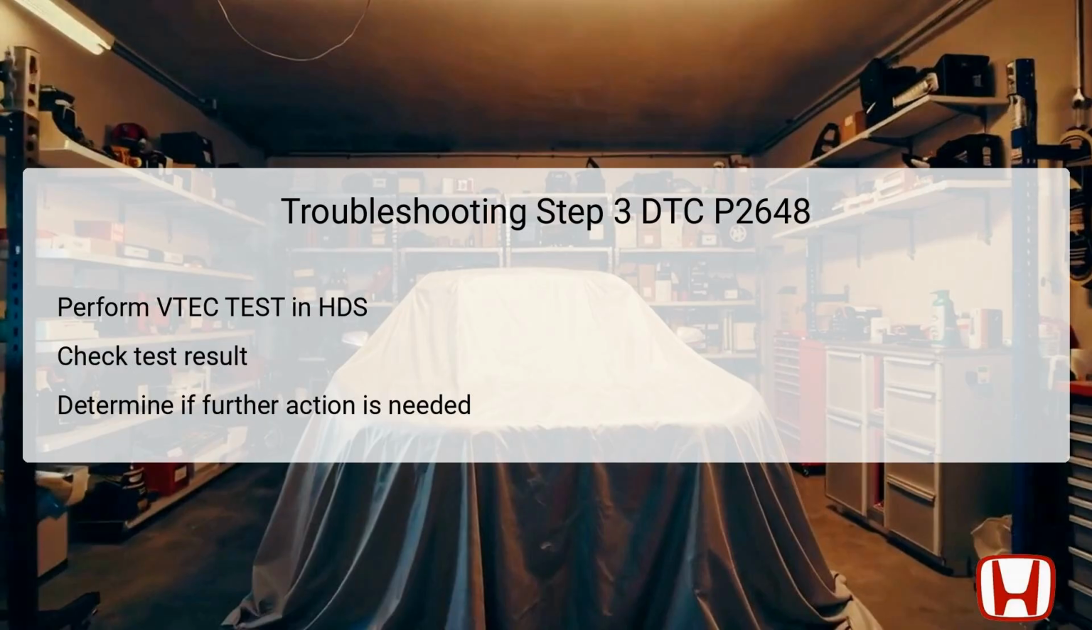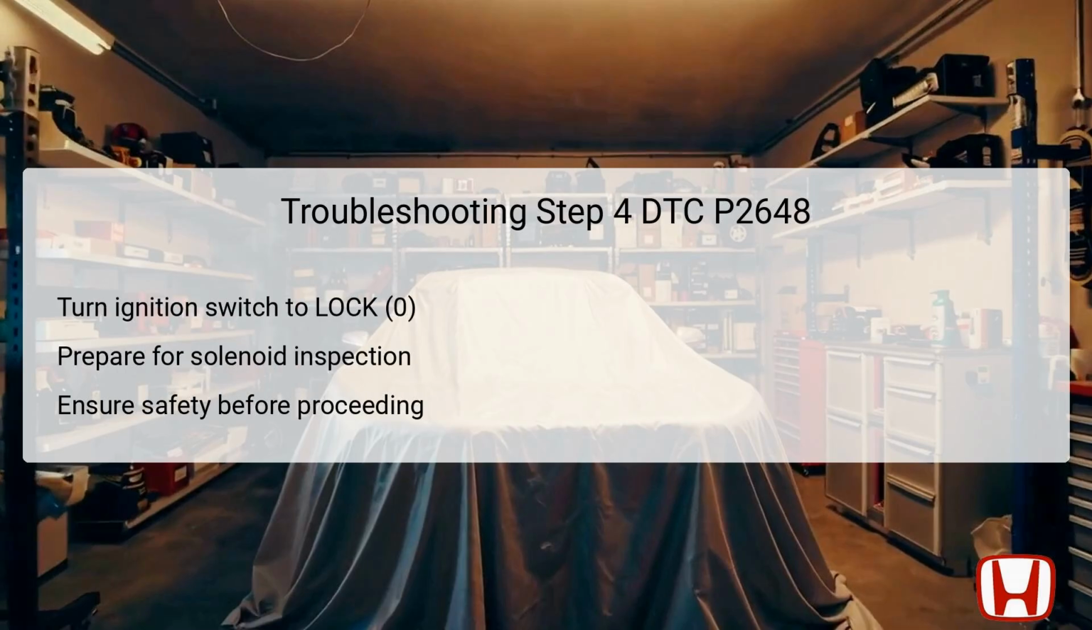This step is critical for identifying intermittent failures that might not present during visual inspections, guiding the technician to the next troubleshooting steps accurately. Once the VTech test results have been evaluated, the next step requires turning the ignition switch to the lock 0 position. This action ensures that all electrical systems are powered down, providing a safe working environment before proceeding with inspection or